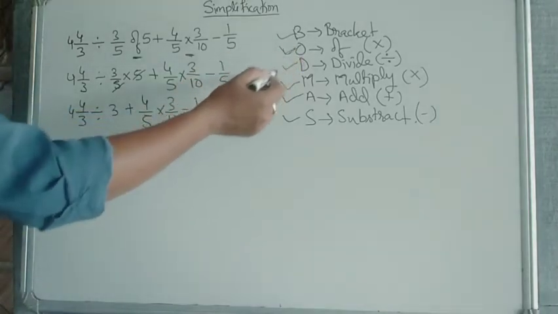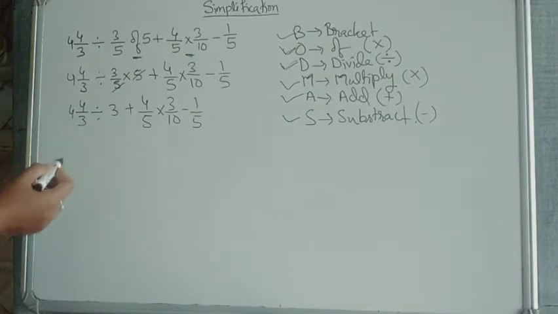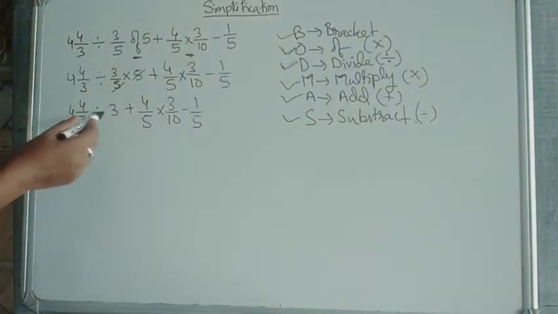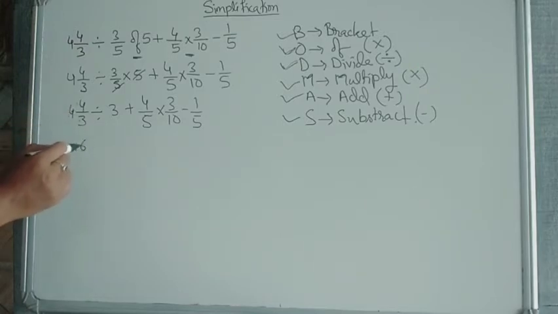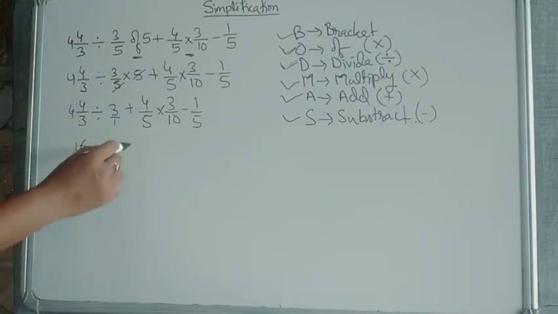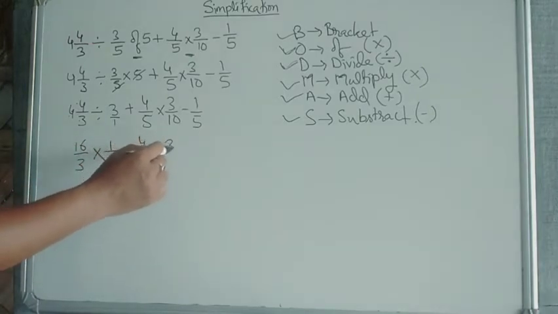Now after of we have to go for divide. So this is your divide. Now to divide fraction numbers, what we used to do, first we will make this mixed fraction into a normal fraction. How will it become? 3 into 4 plus 4. So 3 fours are 12, 12 plus 4 is 16 by 3. Now there is nothing, 1 is there. So when we divide we convert into reciprocal, so it will become 1 by 3. Other things remain same.